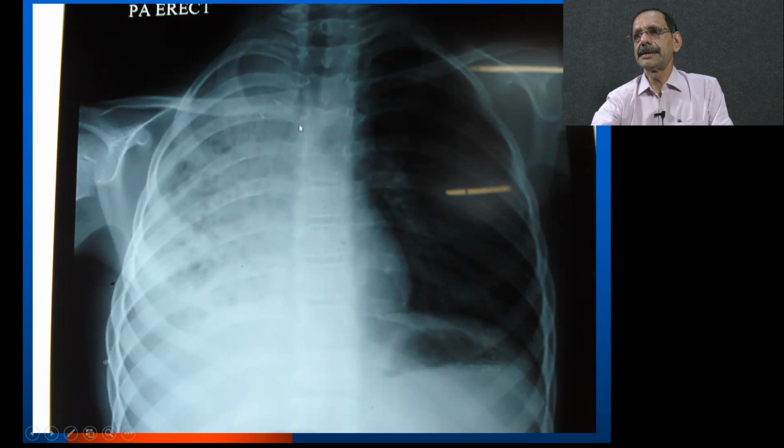We cannot comment fully, but it's slightly onto the right, and the mediastinum, at least 50%, is to the right. Actually 2/3 should come to the left, instead only about 50% has come to the left. So there is an element of collapse, and there is a non-uniform area of haziness. So this is possibly a consolidation with a collapse.